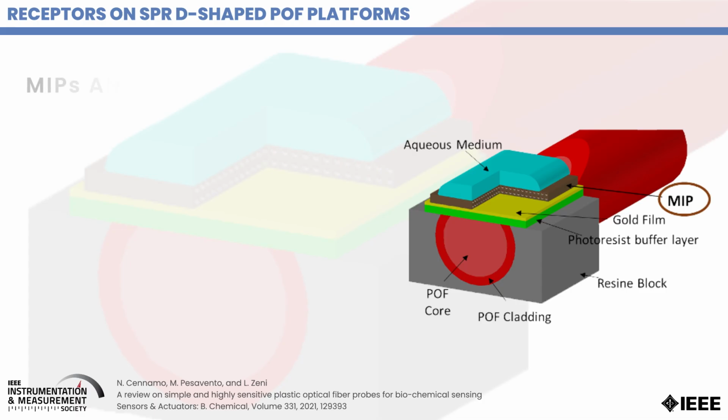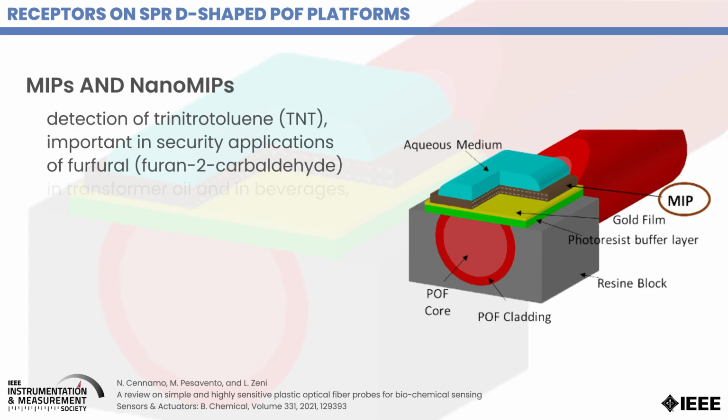As previously stated, this kind of platform is a general purpose one, since several kinds of receptors can be immobilized on the gold sensitive surfaces. And in this slide are reported some examples of receptors that can be used in couple with the SPR D-shaped POF platform, such as MIPs and nanoMIPs, which have been